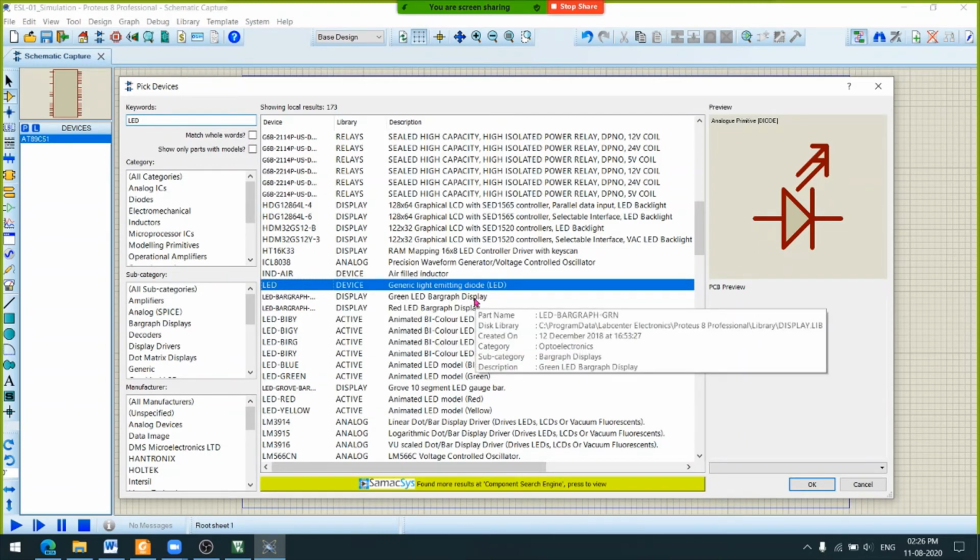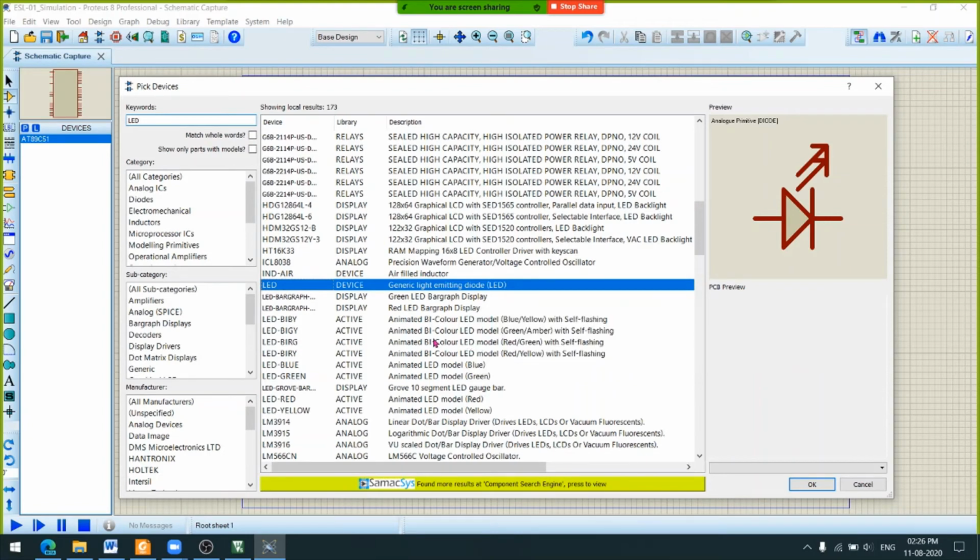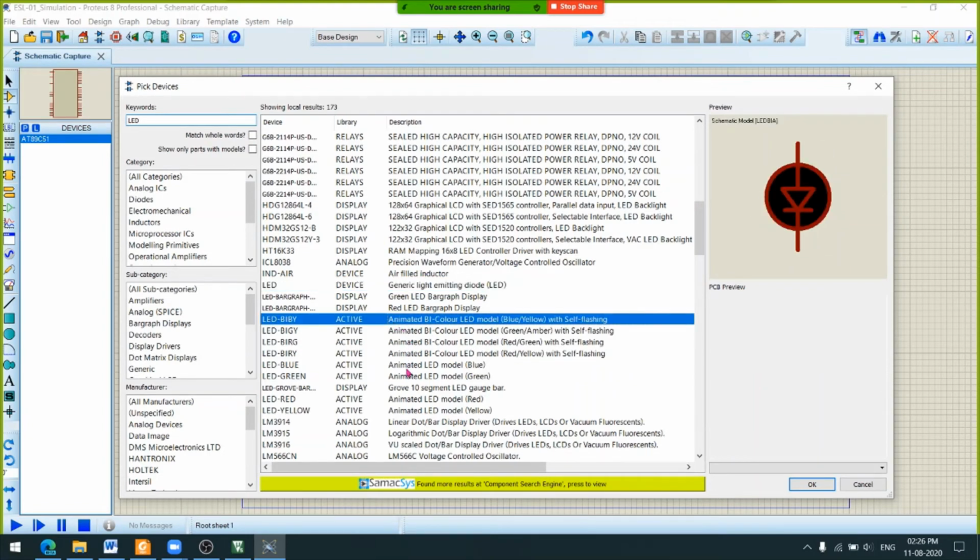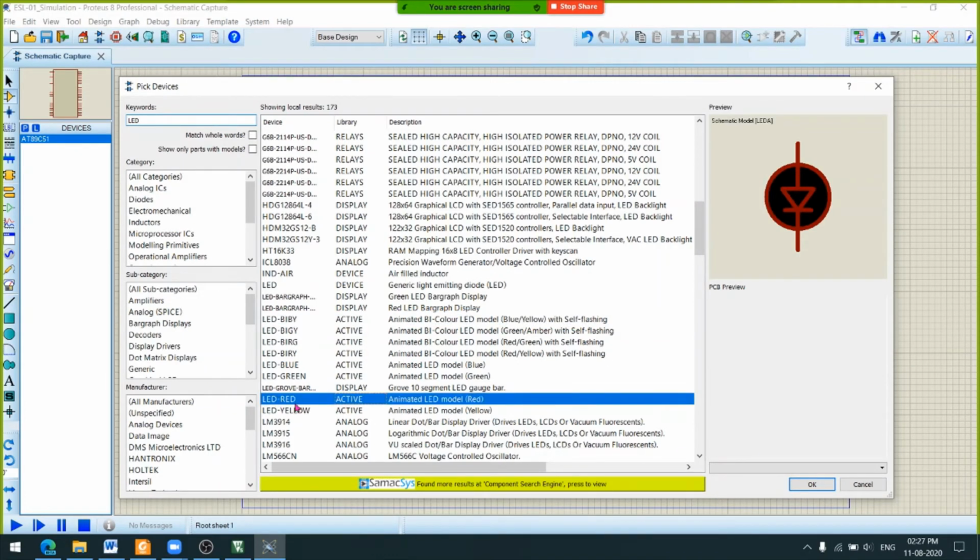We want an animated LED so that we can actually see the lights glowing. So let's see, these are the animated LEDs available. We're going to choose the red one, the LED-RED active animated LED.